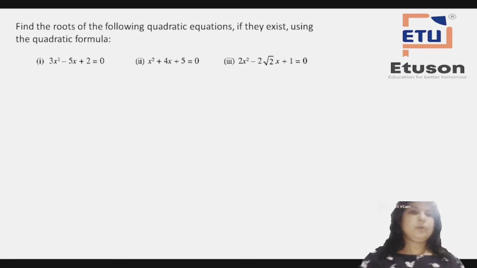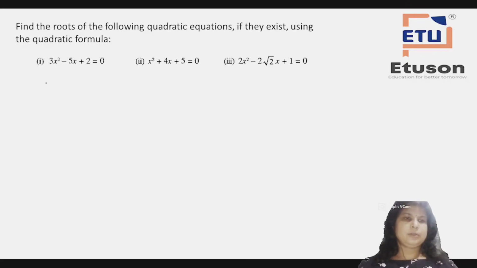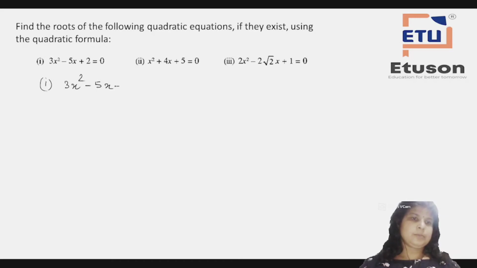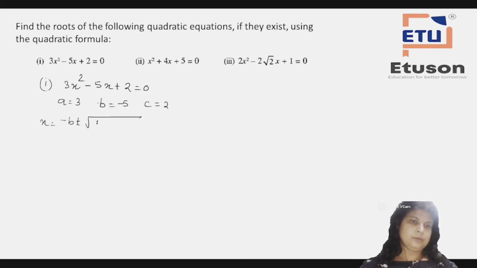Find the roots of the following quadratic equation if they exist using the quadratic formula. Okay, so here the first one is 3x square minus 5x plus 2 is equal to 0. So let us write down a is equal to 3, b is equal to minus 5 and c is equal to 2. Okay, so x is equal to minus b plus minus square root of b square minus 4ac